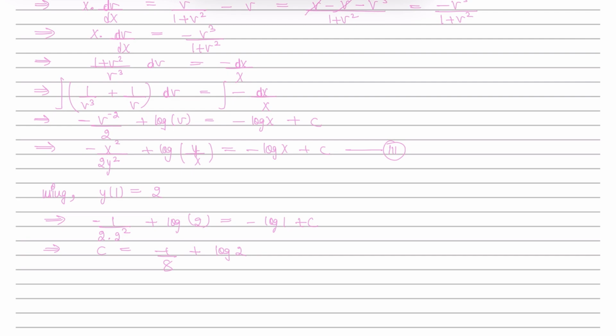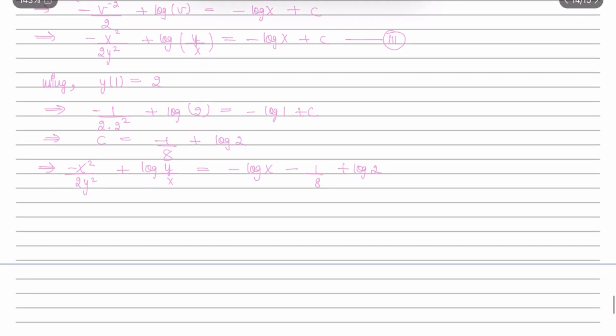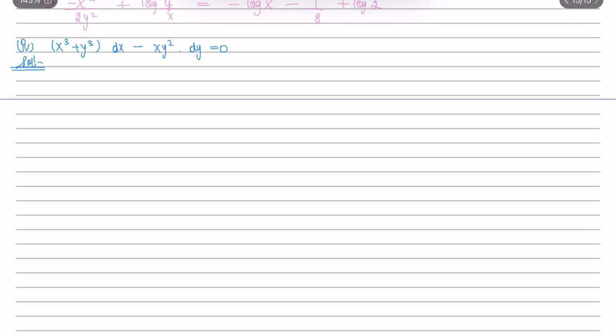Therefore, equation number 2 will become x square upon 2y square plus log of y by x is equals to minus of log x minus 1 by 8 plus log 2. The next question is again not in the form of reducible to variable separable form,